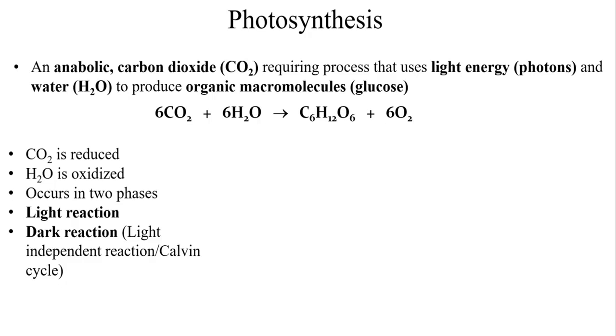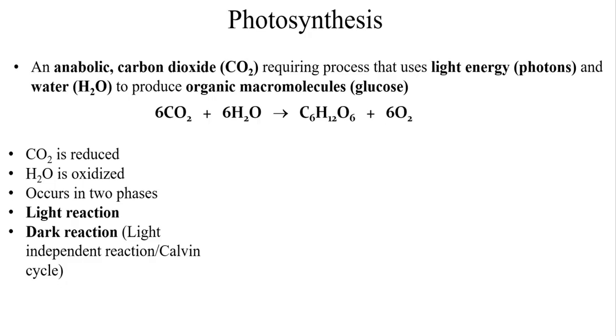The light energy is accepted by the photosynthetic pigments, which will be discussed later. The light energy in the form of photons and water produce organic macromolecules, that is glucose and then starch. In the overall reaction, the carbon dioxide is reduced. Reduction, in a sense, is when hydrogen or electrons are accepted. So carbon dioxide is converted to carbohydrate, that is, it is reduced, and the water is oxidized to produce oxygen